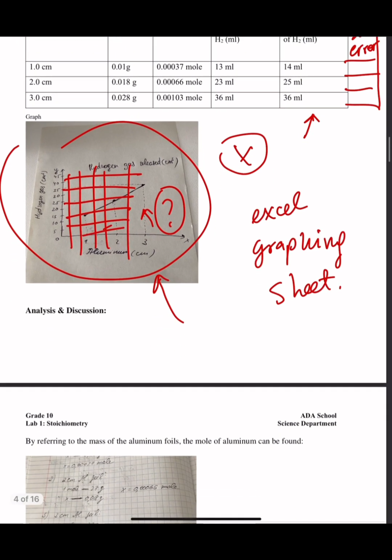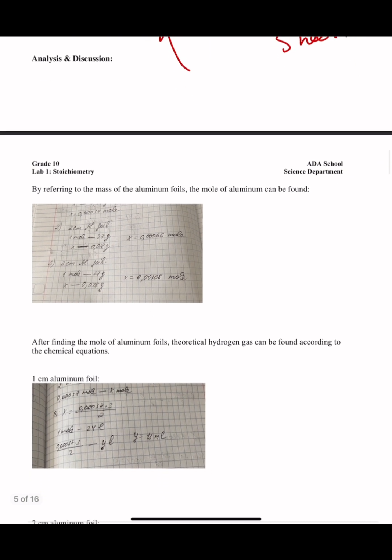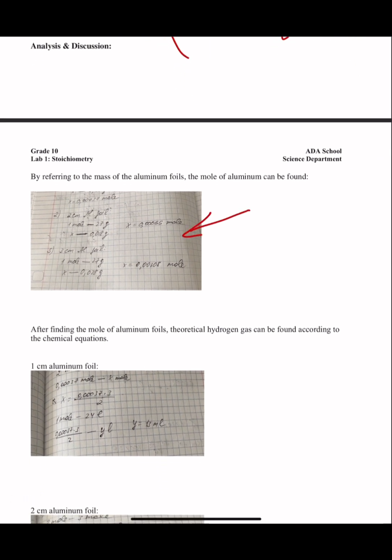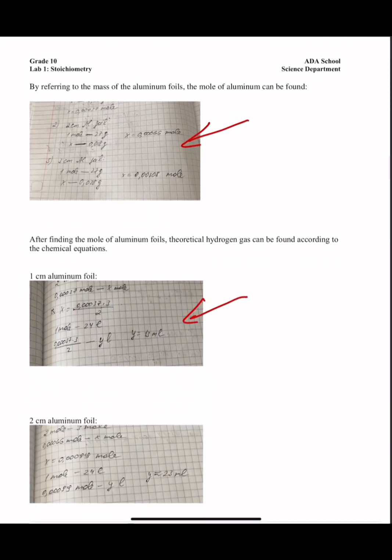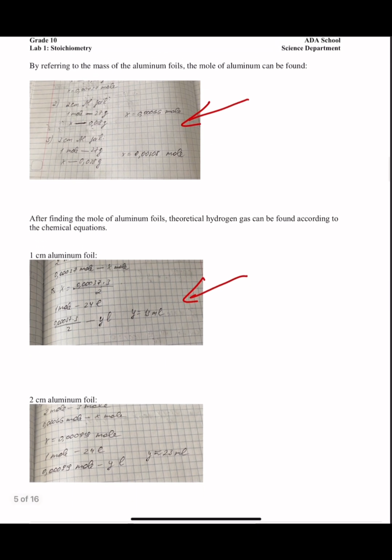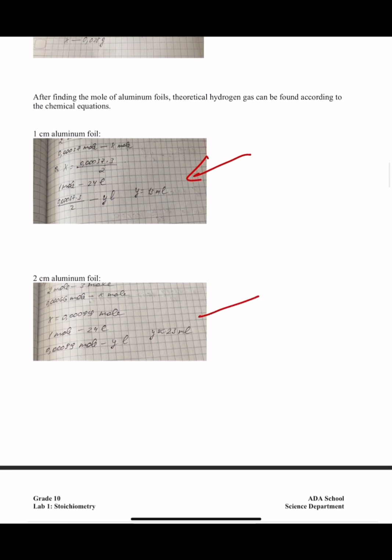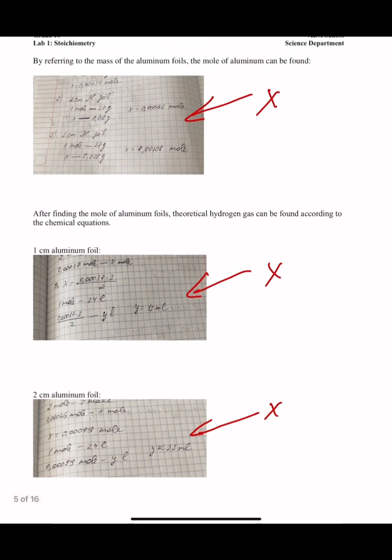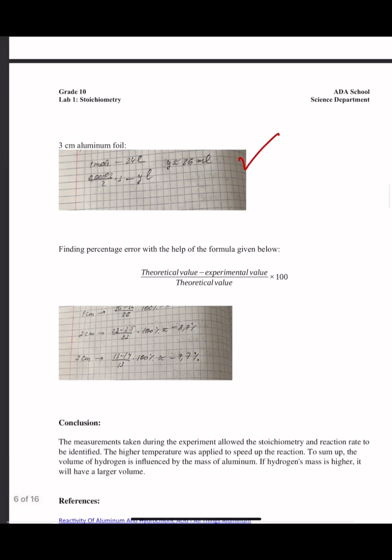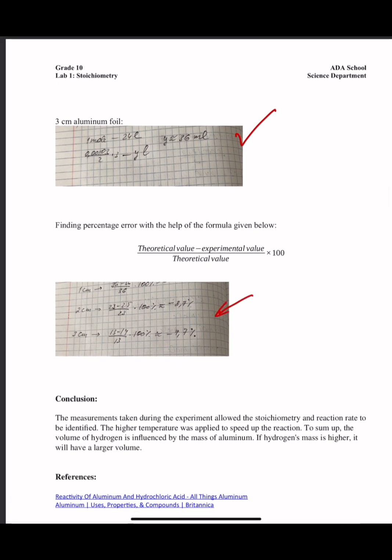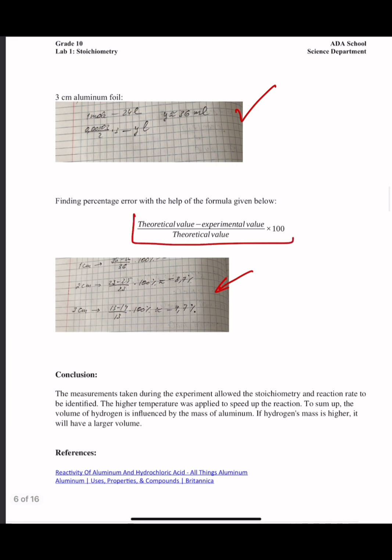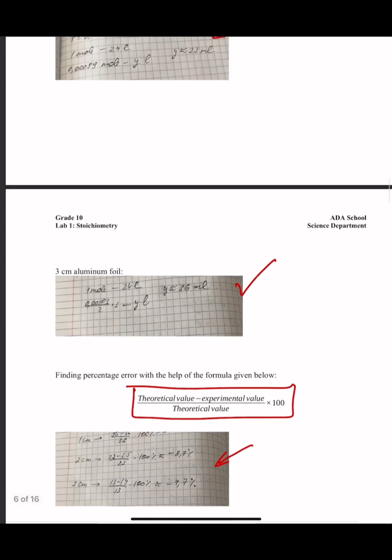Okay, and then analysis and discussion. Now everything is written. They have put the picture in here. For this lab, it was okay, but for your kinetics lab that you guys are gonna write tonight, you cannot have a handwritten version like this. I have checked all of the calculation. I know they are right, so they have done a good job in here, but they took the pictures, which is not acceptable. They put the formula, okay, but still, look at here.